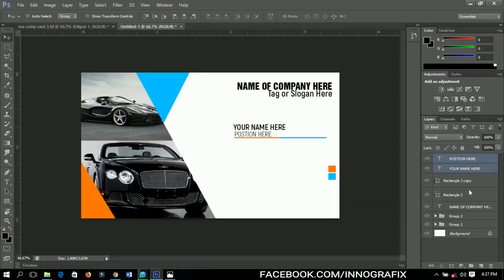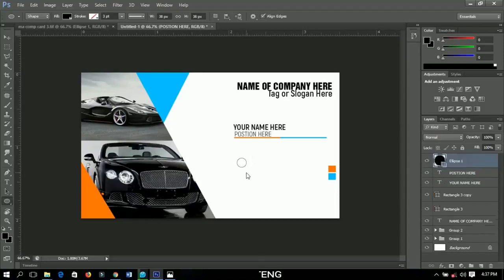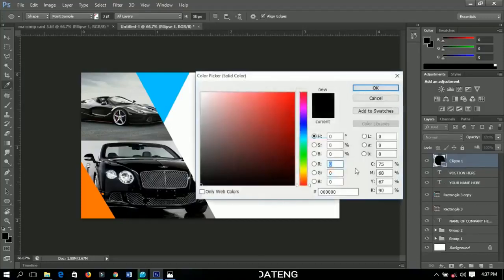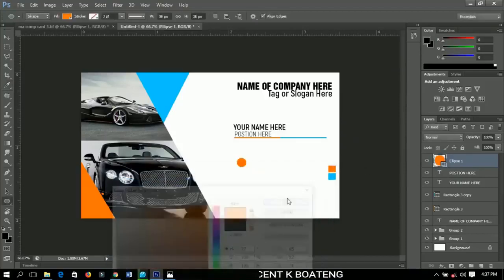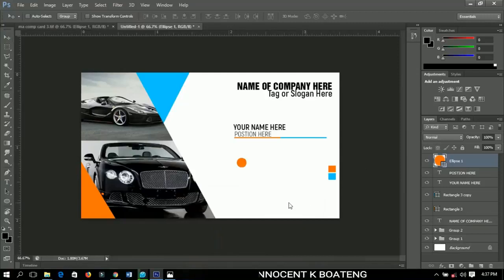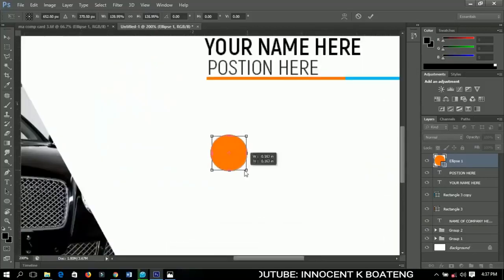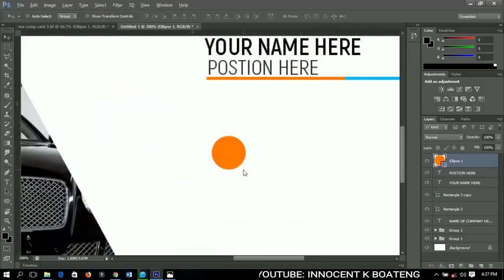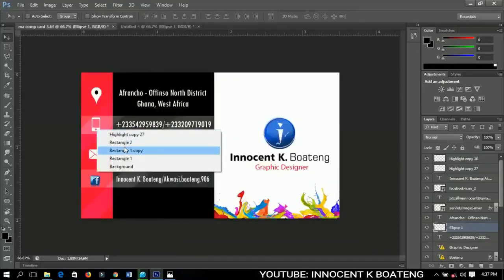Alright, so the next thing that I'm going to do is I'm going to add an ellipse to this whole thing, and then I'll hold Shift to draw the ellipse. So I'll change the color of the ellipse to my color right over here, and then I'll click OK. So you can press Ctrl T to resize it small or big. Yes, I think big. So make it big like this one, and then I'll go to my former business card,